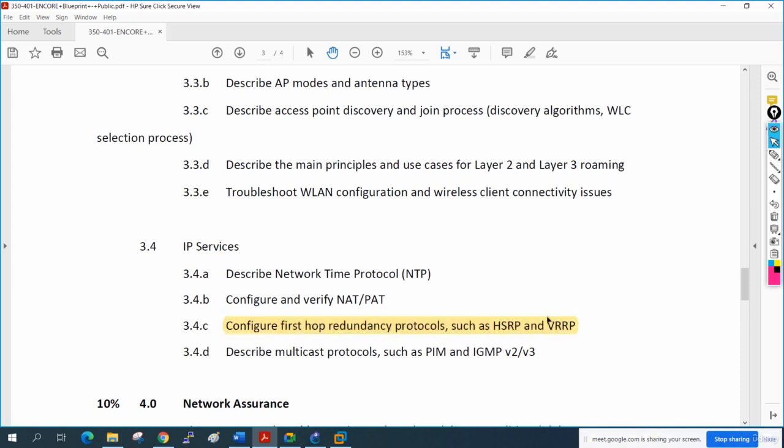So in this one what we are going to do, we are going to look at the redundancy protocol and how we can configure it. After this we are going to look at interVLAN. Then we are going to do one lab. We need to have the big lab, that is a real scenario we are going to do. In a real scenario we need to know interVLAN, we need to know HSRP, we need to know VLANs and NAT, network address translation, that is PAT we are going to use. So anyhow we will see, I am planning that one, we can do that one, but anyhow let's start first